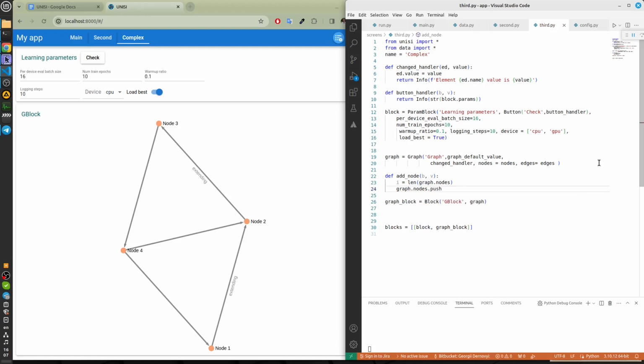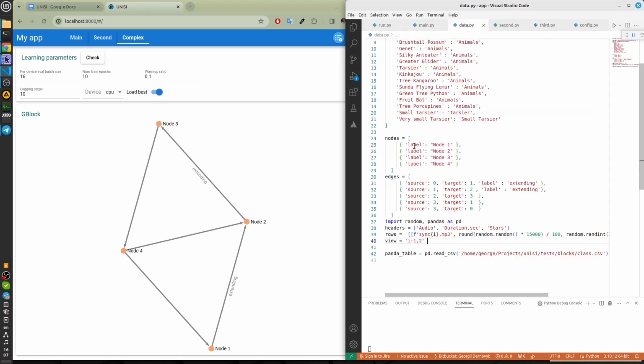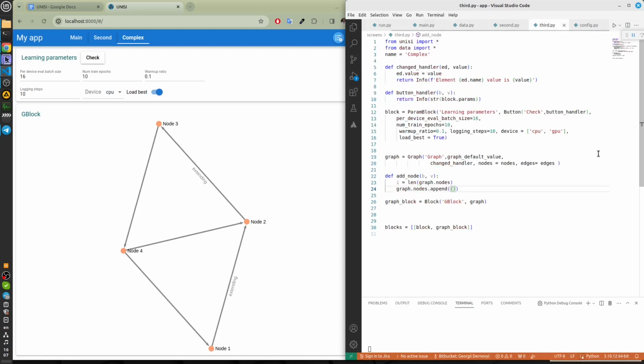Not push, append. A dictionary. Except the label, we can define the node size and color. The label is just an index.